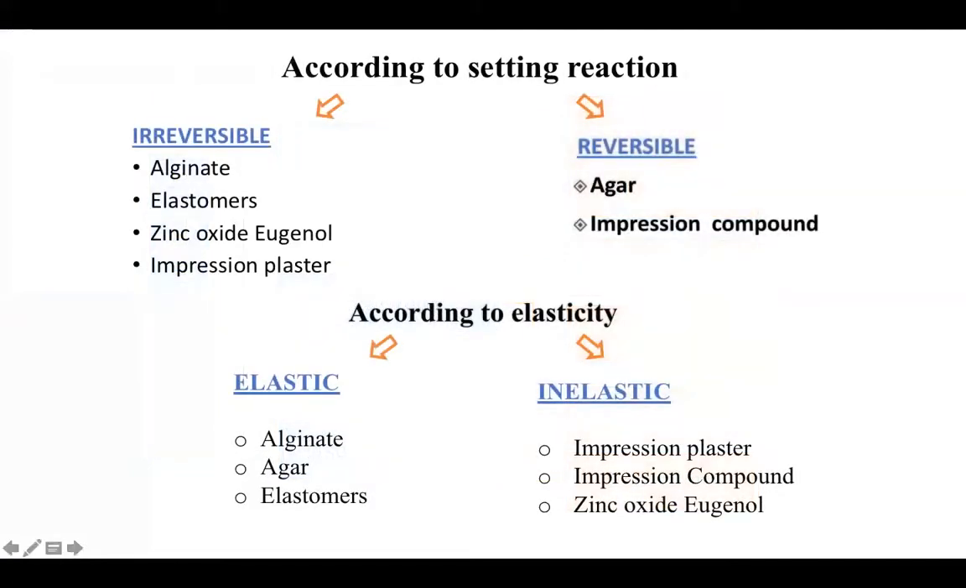Coming to the setting reaction, the irreversible impression materials include alginate, elastomers, zinc oxide eugenol, and impression plaster, whereas the reversible impression materials, that is basically they set because of the temperature change, include agar and impression compound. According to elasticity, we have elastic and inelastic. Elastic impression materials include alginate, agar, elastomers, whereas the inelastic impression materials include impression plaster, impression compound, and zinc oxide